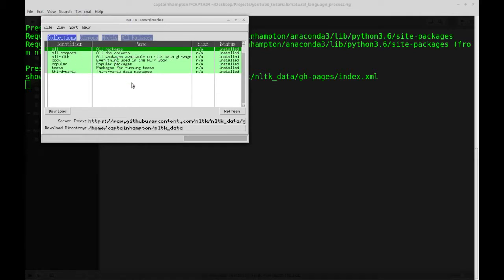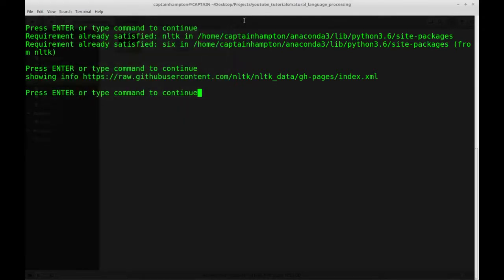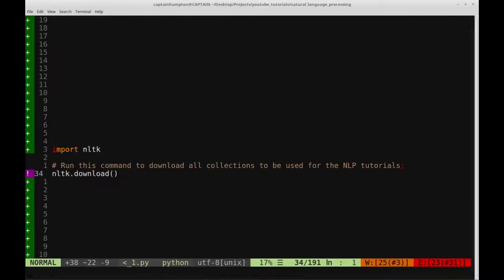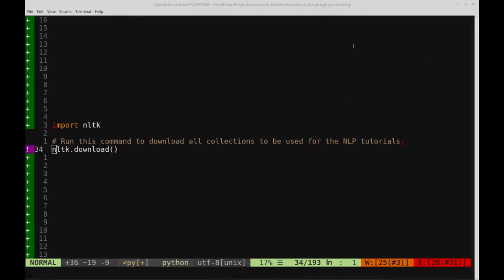You don't have to have everything downloaded, of course, but it does provide a lot of really useful and interesting text information that will be very handy to have as a playground for natural language processing. So I'm just going to close this since I have it installed and get back to the Python script here. Okay, so now that we've downloaded all of that text,